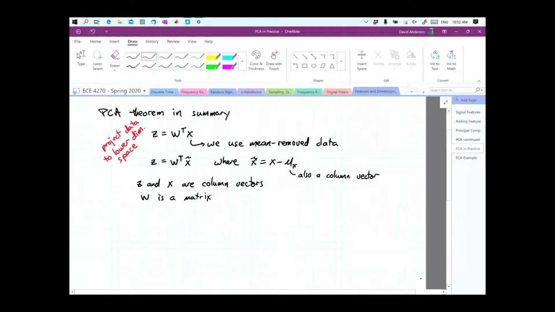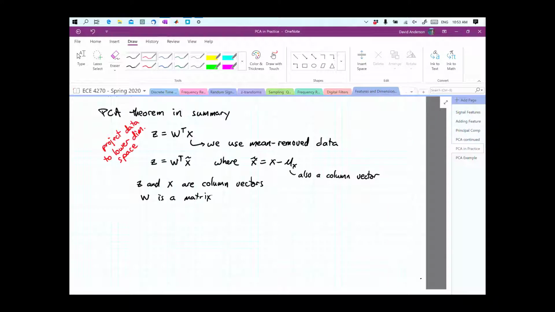So Z actually could be full dimensional, and that's okay. But the fact is it's in a different space. It's in a projection space. And we are going to use our matrix W, and I'll talk about W in just a minute, and use that to project